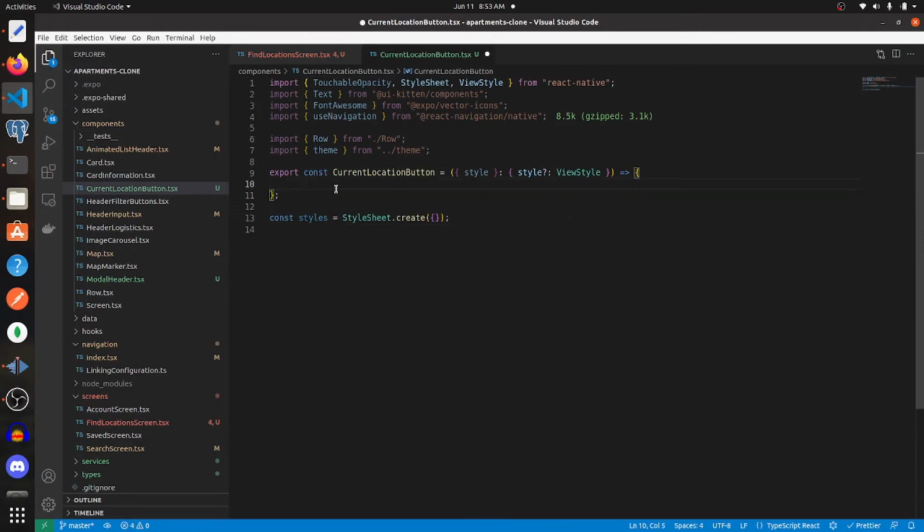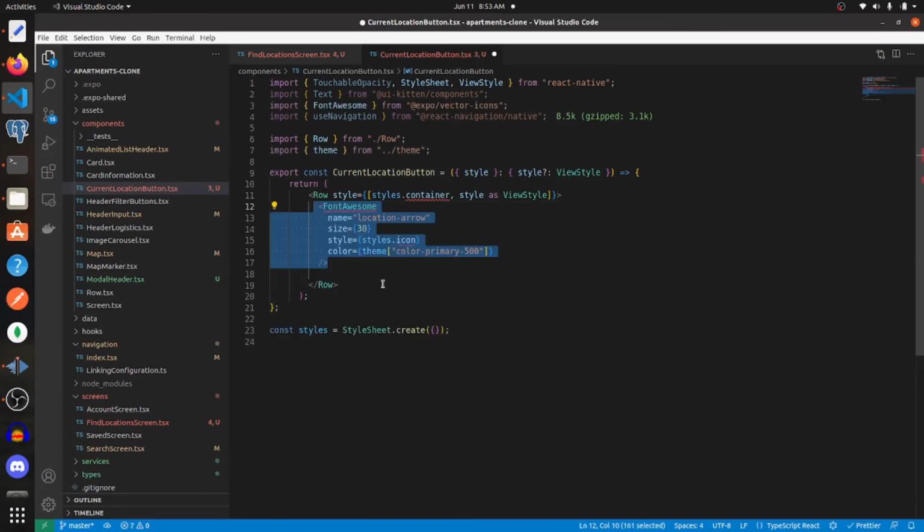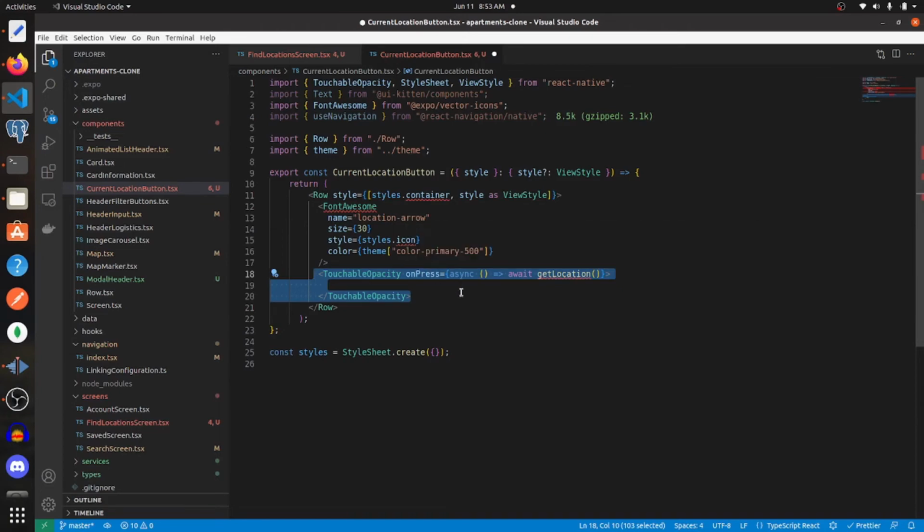And within our current location button, we need to return a row, which will be taking the styles of styles.container and style as view style. And then within this row, we want to return a Font Awesome icon. The name is going to be location-arrow. The size is 30. It will have a style of styles.icon and a color of theme.color-primary of 500. And below that, or rather next to that, we'll have a touchable opacity, which will have an onPress event,